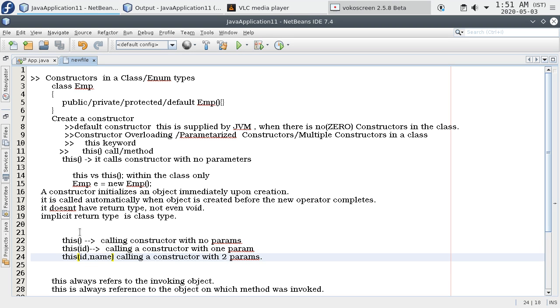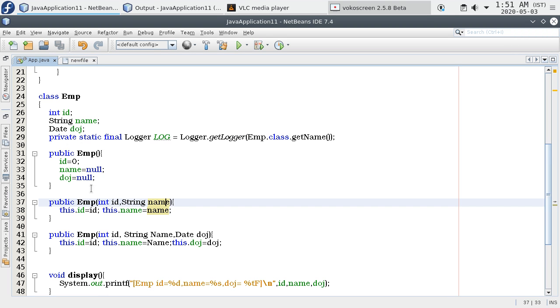Here this looks for a constructor which takes two parameters, and the types are, id is nothing but integer, here name is a string object. That's very much used.